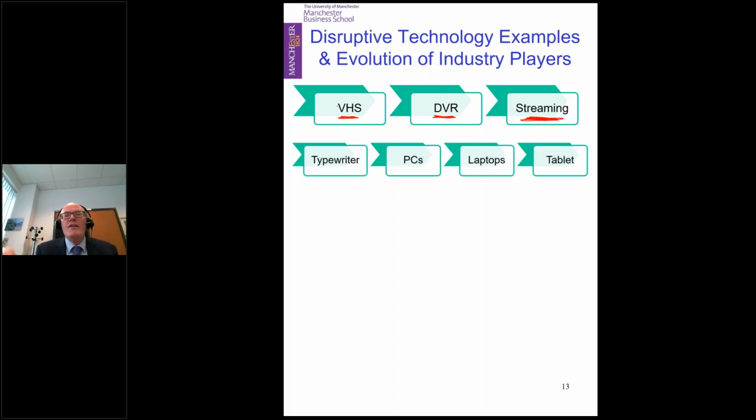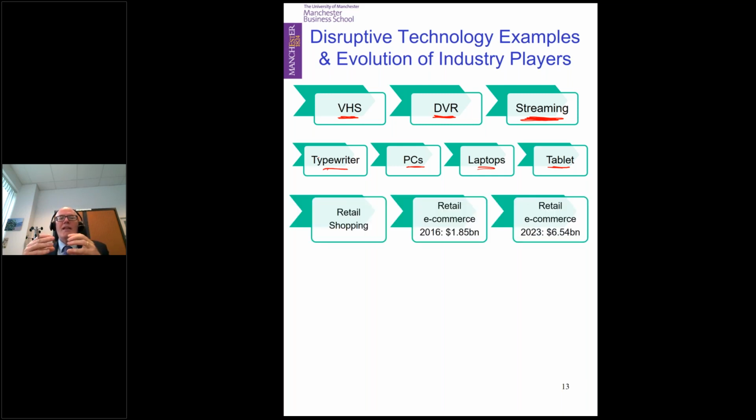Okay, think of your current tablet, how it is replacing the laptop, which replaced the PC, which replaced the actual typewriter. Think of basically retail shopping, and especially think of how retail shopping has been totally revolutionized with COVID. Unfortunately, some businesses suffered during COVID, but other businesses thrived during COVID, and online shopping was one area that thrived during COVID. Look at the estimated value of online shopping in 2023, $6.4